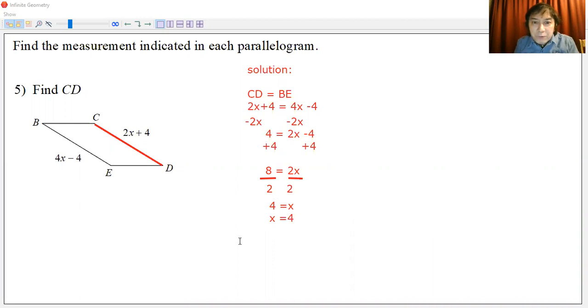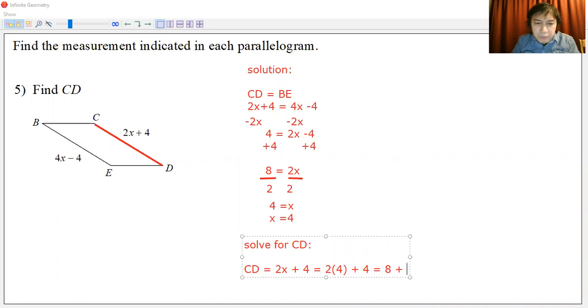Now, we can compute for CD. Okay, so we will now solve for CD. We have the equivalent for CD. CD is equal to 2x plus 4. So this must be equal to 2 times the value of x, which we found, 4. And then we add 4 there. And this must be 8